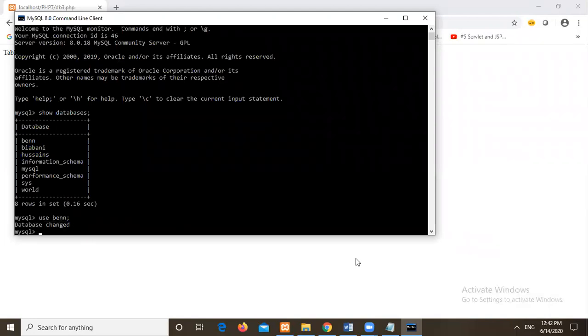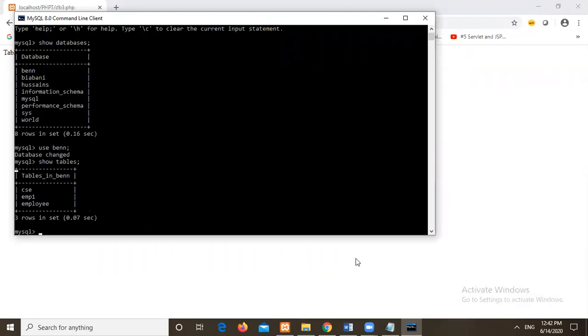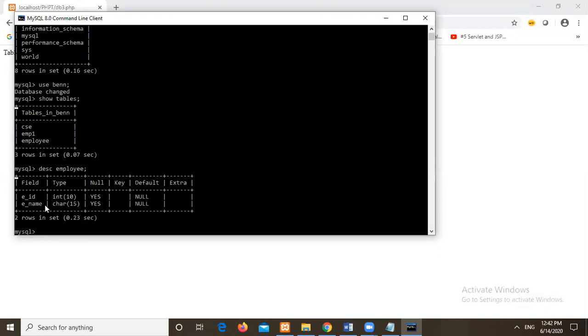Use Ben, right? So I will just write this query show tables. See here, it is giving me the name of the table we have just created, employee. So I will just describe the table employee. See, these are the fields that we have created.